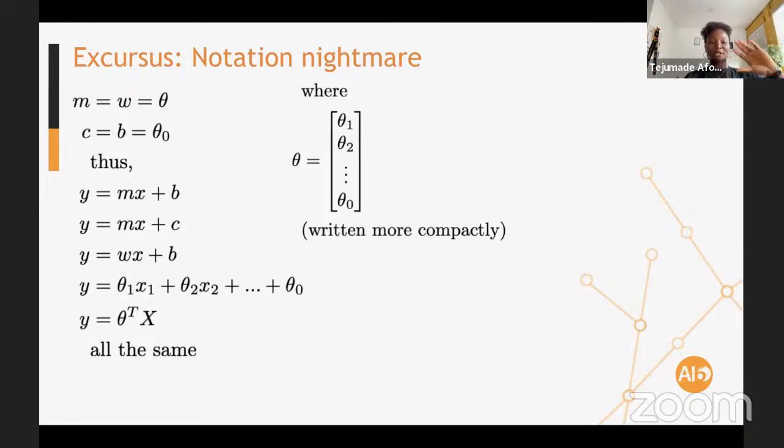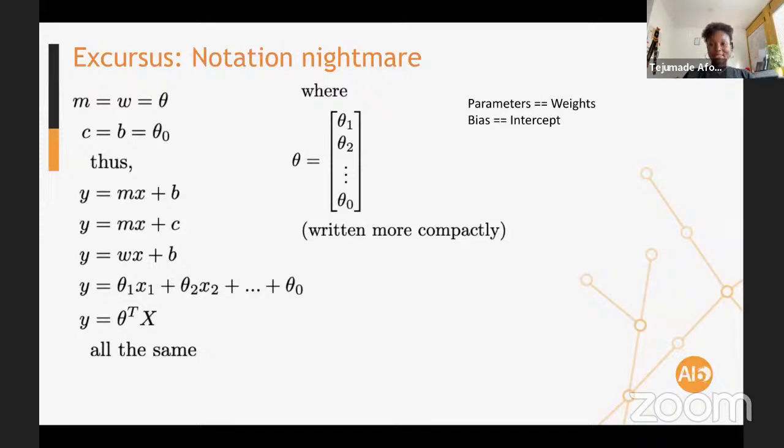Theta without any subscript would be you putting all of your parameters into one vector, and the last one would usually be your bias term, which is theta 0 or b or c or whatever you're comfortable with.